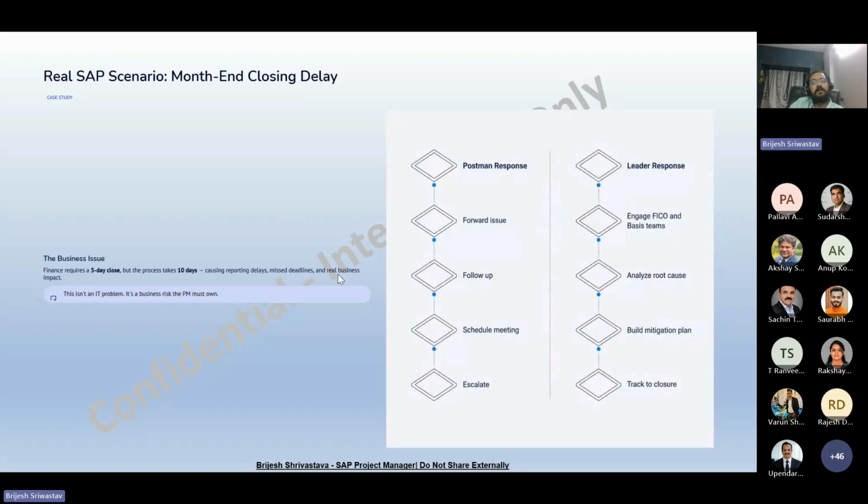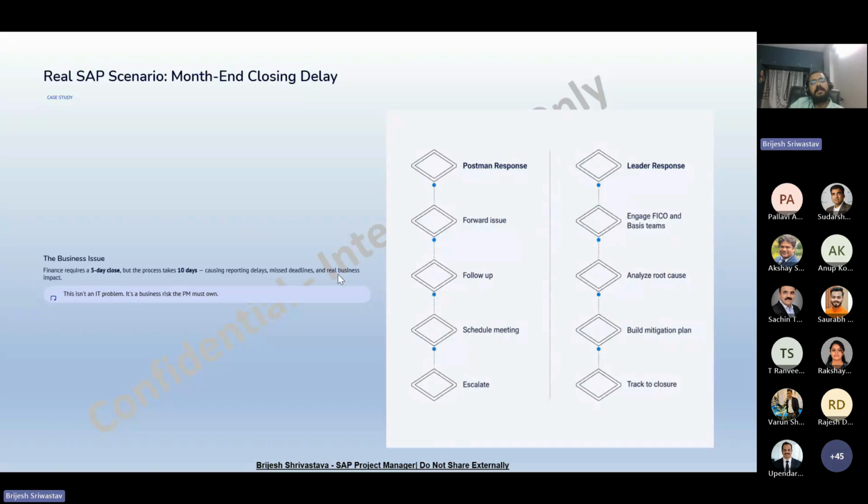So let's compare two different approaches: the postman PM response and the SAP project manager response. A real SAP project manager thinks differently. Why is the month end closing taking 10 days? Is it a configuration issue, a custom development, a batch job running too long, incomplete data migration, a failing interface, or a business process bottleneck?